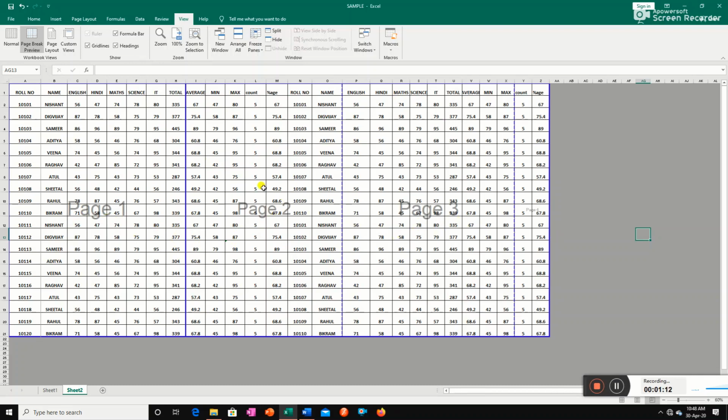It means when you take a printout of this worksheet, it will give printouts of page 1, page 2 and page 3 separately.